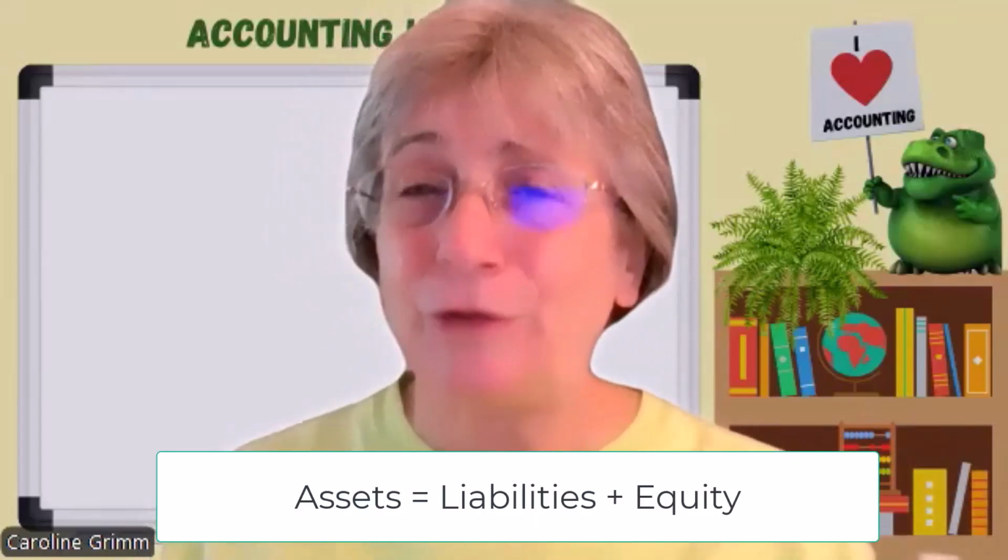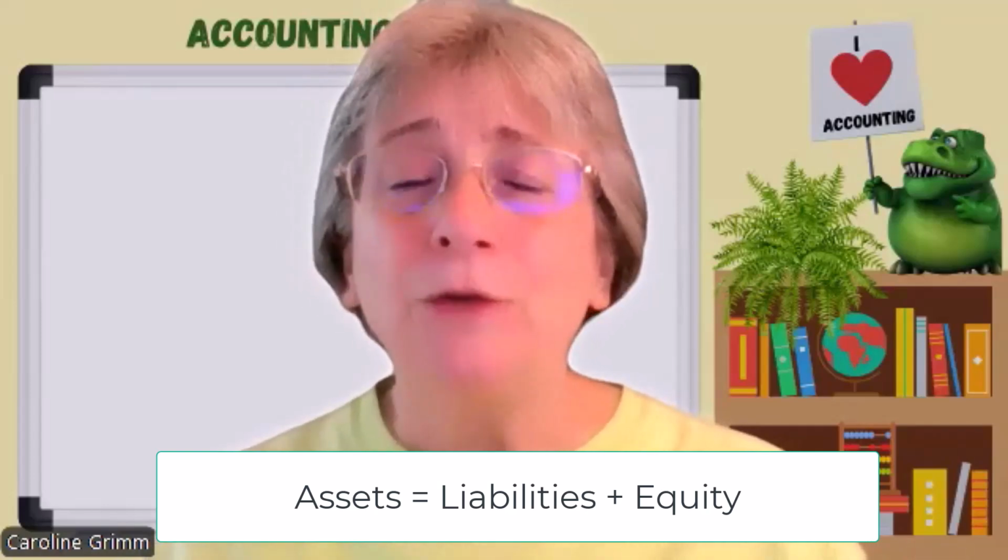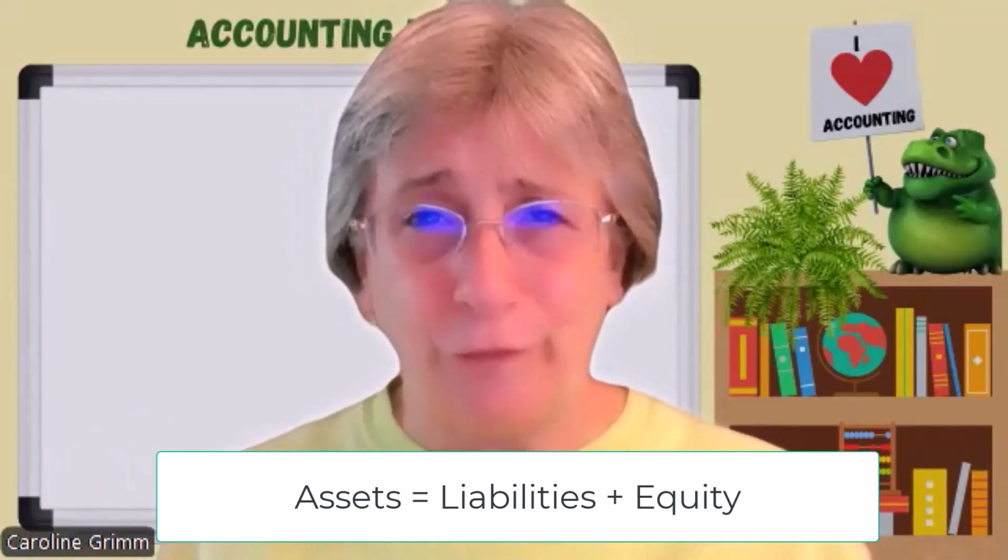And every transaction has at least two parts. That's the double entry part. Each one of those transactions is going to impact our accounting equation. Assets equal liabilities plus equity. So every single transaction is going to fit into that equation,